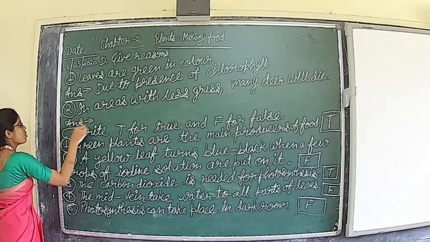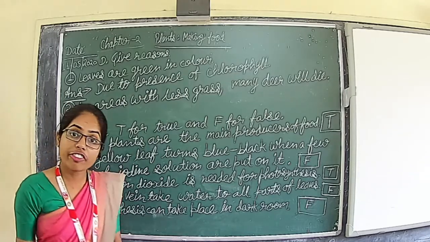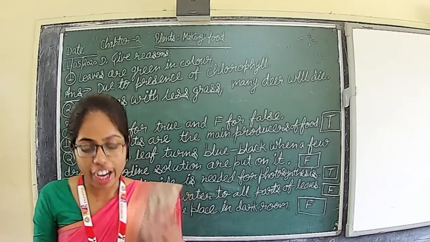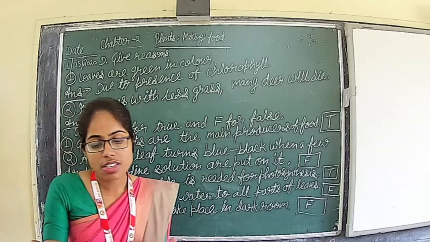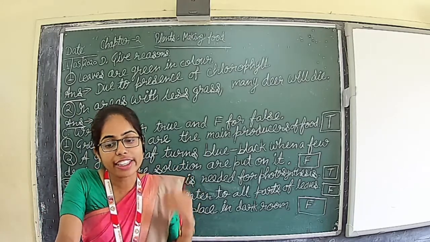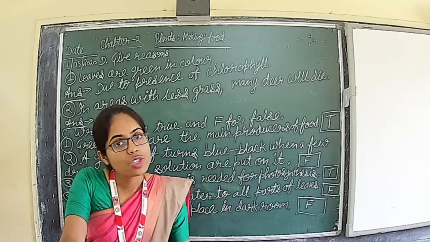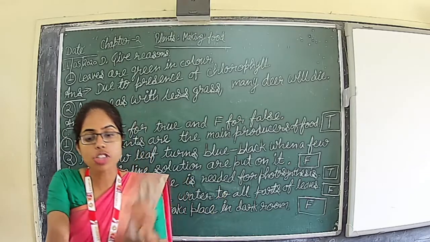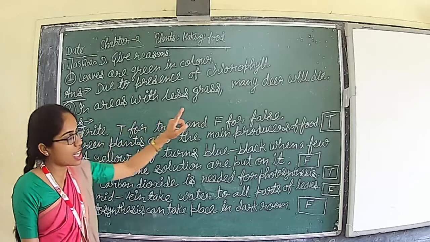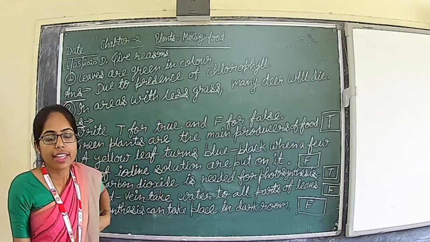Now we have to write the answer for this. If there is less grass in the area, deer will die. Why will deer die? Because they will not have enough grass for food, and they will starve and die. So what will be the answer? In areas with less grass, many deer will die. Then the answer will be,